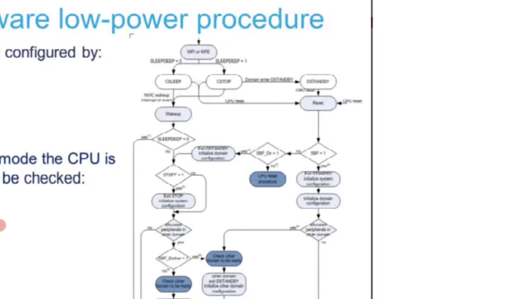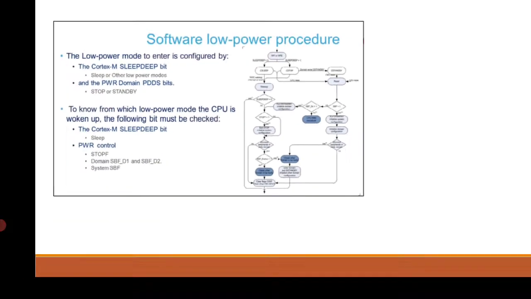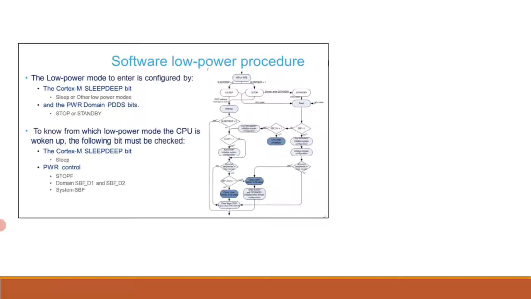From C-stop mode, the CPU may wake up through an interrupt or via reset, depending on the domain state. If the domain state was in D-stop mode, the CPU woke up through an interrupt. In this case, the Cortex-M deep sleep bit is 1. When in addition the STOPF bit is 0, the system remained in run mode. So there is no need to initialize the clock system. If the STOPF bit is also set,